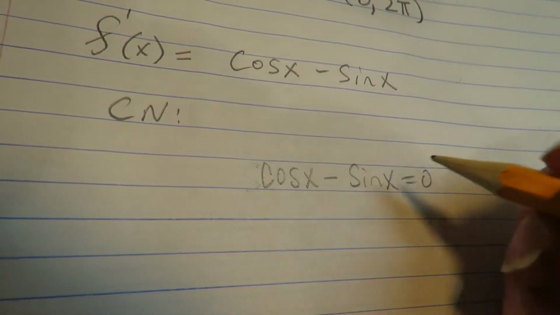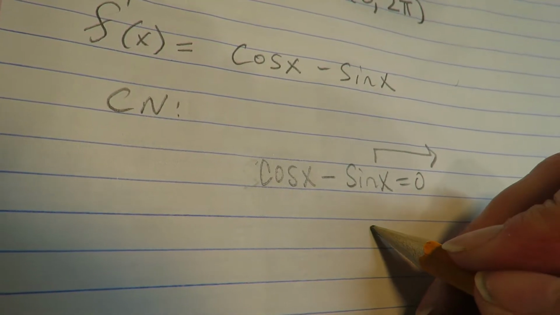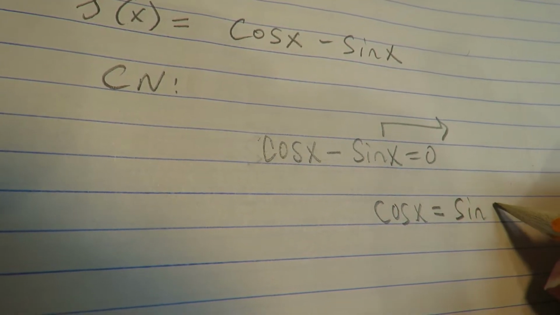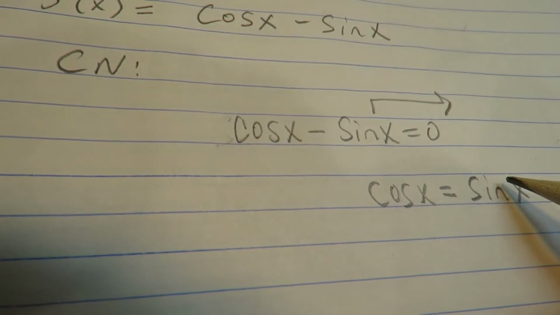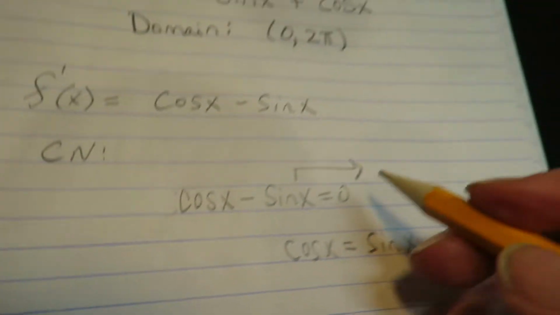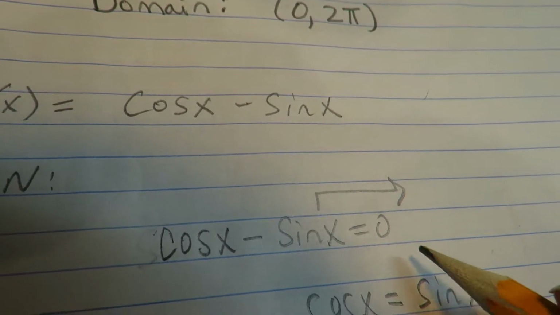There's two ways students solve this. One way is to move the sign to the other side, so you're going to find out where they're equal. The other way I've seen students do it is they will